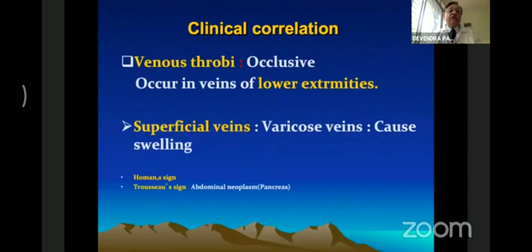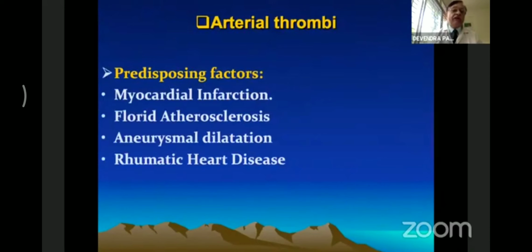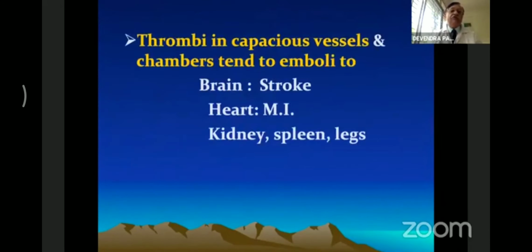Lastly, clinical correlation. Venous thrombi are occlusive, and immobility, bed rest and the post-operative period are the most important causative factors, so you should take precautions. The patient should be mobilized immediately. For arterial thrombi, the predisposing causes are myocardial infarction, atherosclerosis and aneurysmal dilatation. They may go as emboli and block the vessels in the brain, causing stroke, or in the heart, causing myocardial infarction, or in the kidney and spleen, causing infarctions there, or in the leg, may cause the